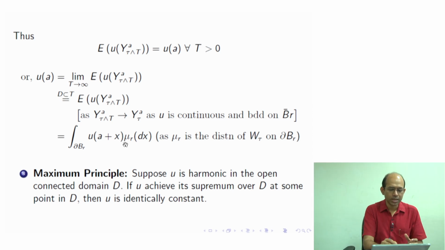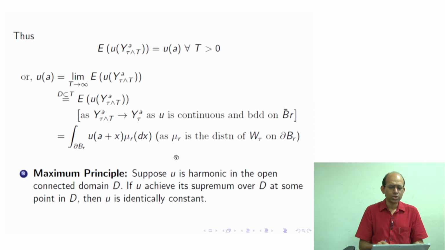So, A plus x, and for this expectation we know that mu_r by definition is the probability that it is found on that set, on the boundary. So this expectation can be computed as the integral of u of A plus x mu_r dx. It comes directly from the definition of Y as x plus W, and the W touches some points, which gives the mu_r measure. So it is u of A plus x mu_r dx.